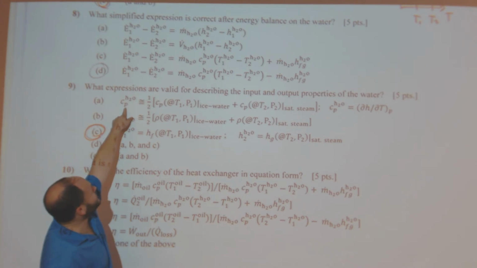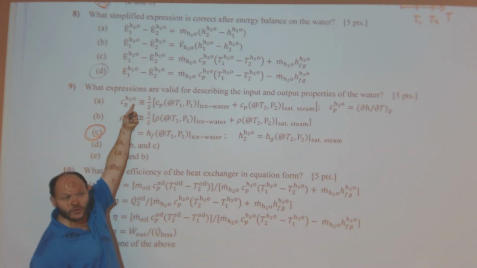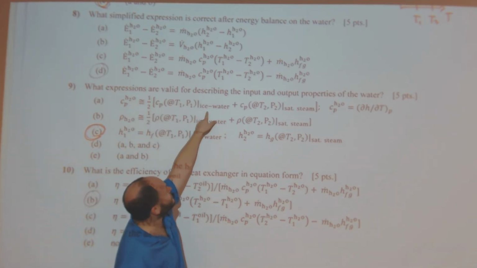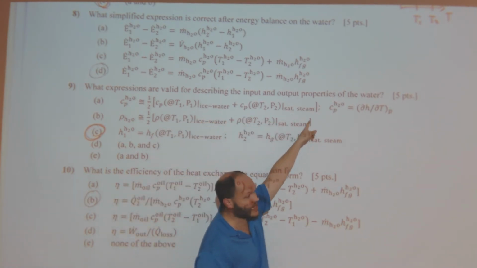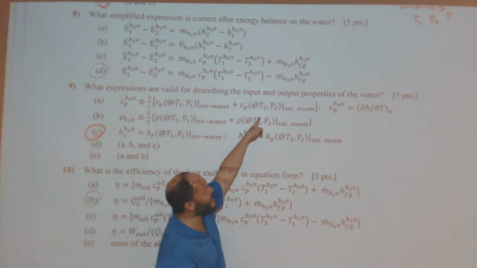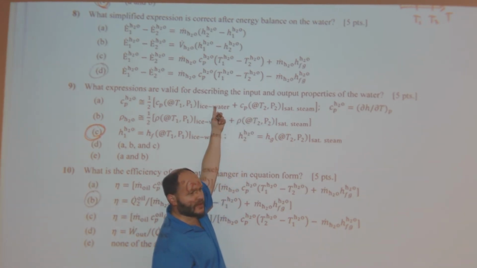Cp, heat capacity of, now I said just molecular H2O instead of saying water. The heat capacity of H2O equals that of ice water plus that of saturated steam. That's not true. You have to be in the same phase. In the previous one I had oil, but it was in the same phase. You can't do this. I can't take the heat capacity of a gas and add it to the heat capacity of,